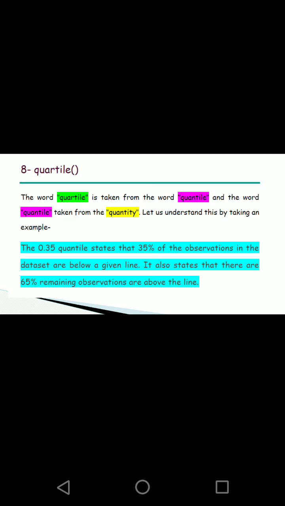Here it is actually quartile, which means whatever data is available from the minimum value to the maximum value will be divided into 4, and one part is known as the quartile. Quartile is not related to 100. Whatever maximum value is there, it is divided from the minimum value to the maximum value into 4, and then one part is known as a quartile.